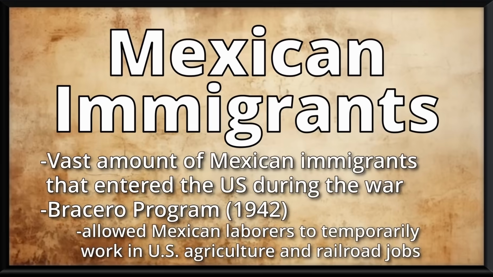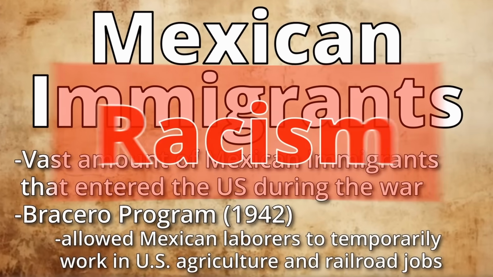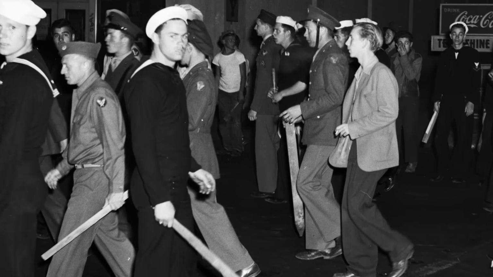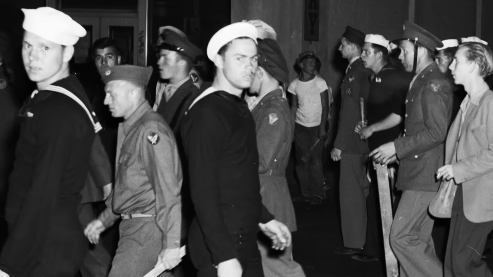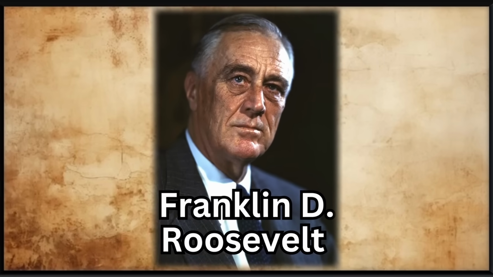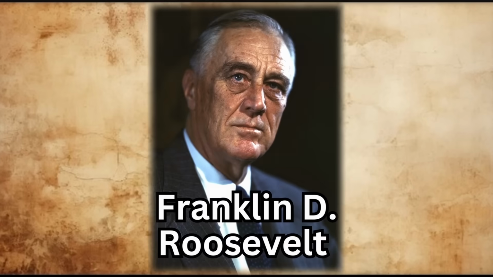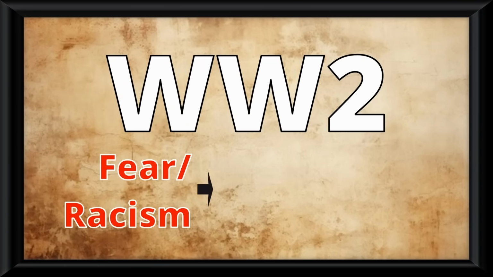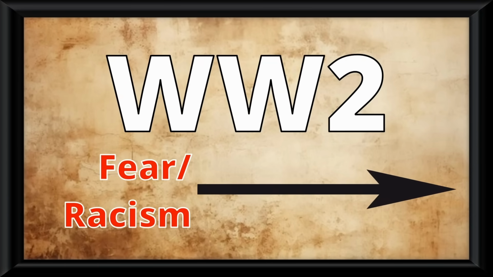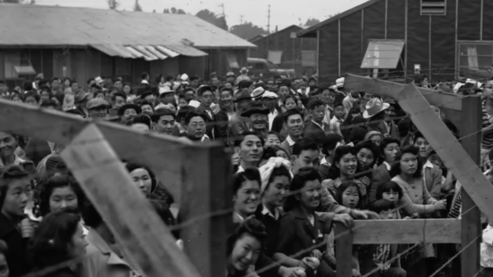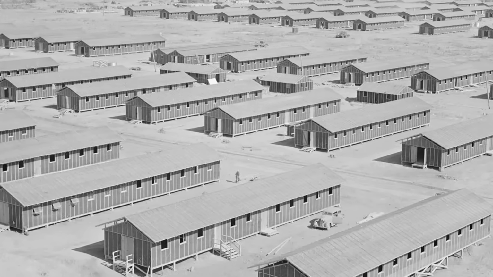I'm sure you can guess, but the response you'll see to this is racism. An example of that is the Zoot Suit riots, where Mexicans and Filipinos were attacked in LA over a series of days. And the last thing I want to say is a lot of people like to say FDR was one of the greatest presidents. I won't really say anything on the matter, but here is something that doesn't look too good on his part. During World War II, fear and racism led FDR to issue an executive order which would force around 120,000 Japanese Americans into internment camps. And these camps were not good in the slightest.